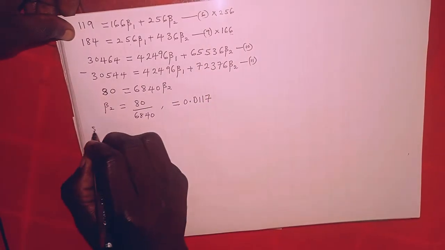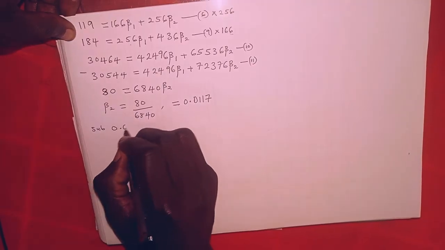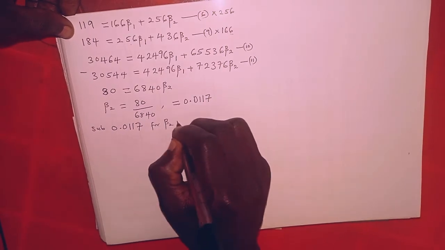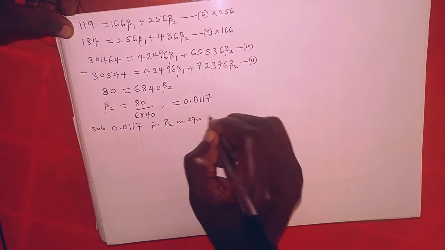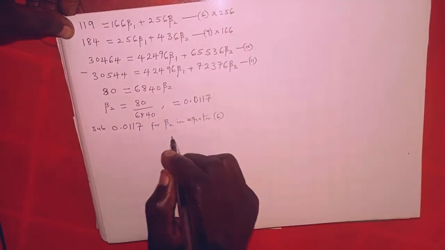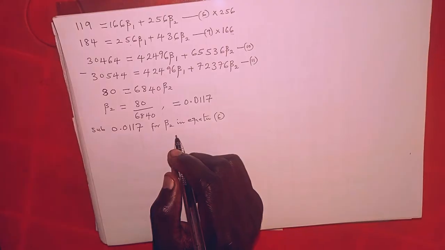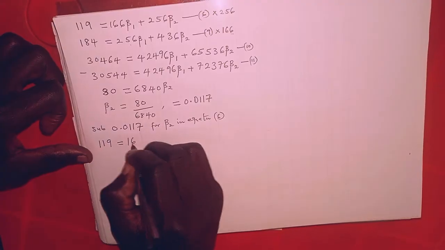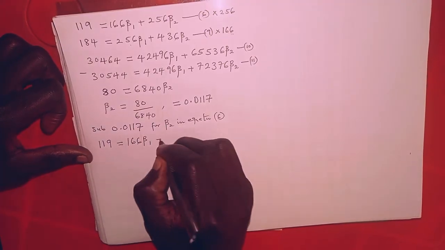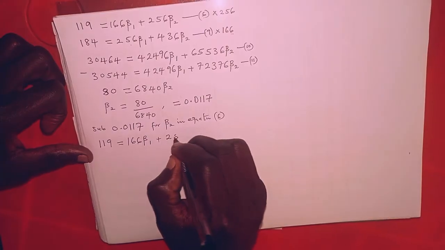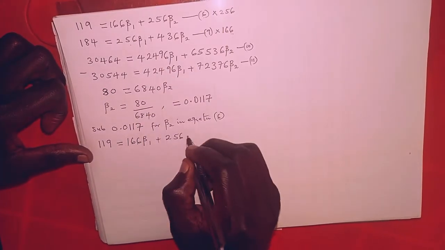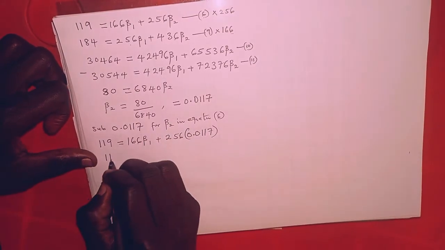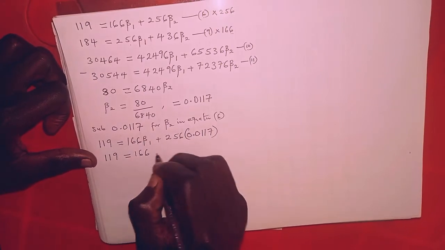So let's substitute 0.0117 for beta 2 in equation 6 rather. So if you substitute that value into equation 6, we're going to have 119 equals to 166 beta 1 plus 256, and instead of beta 2 we substitute 0.0117. Now if you do this, we have 119 equals to 166 beta 1 plus